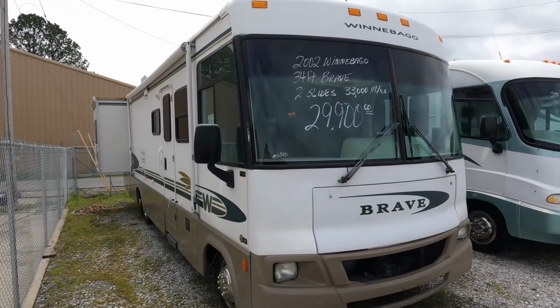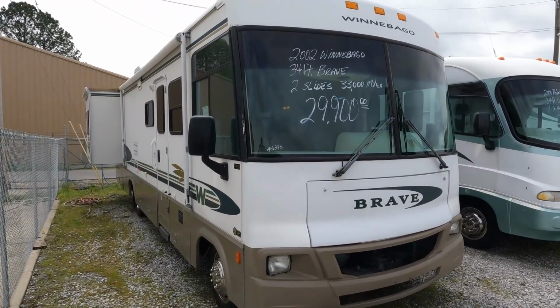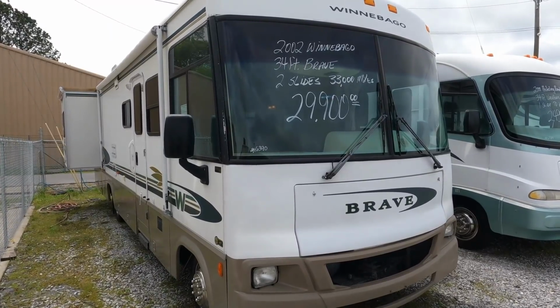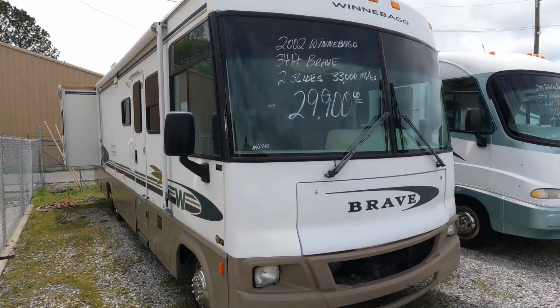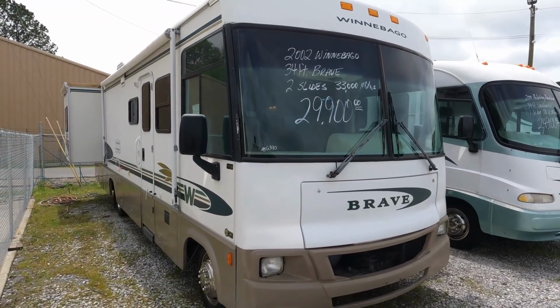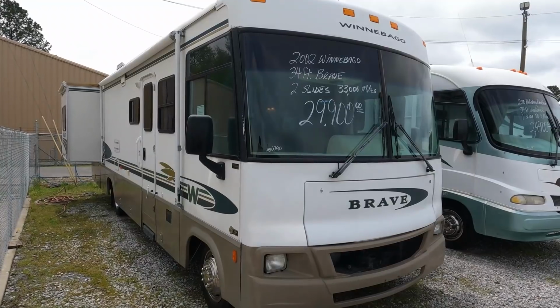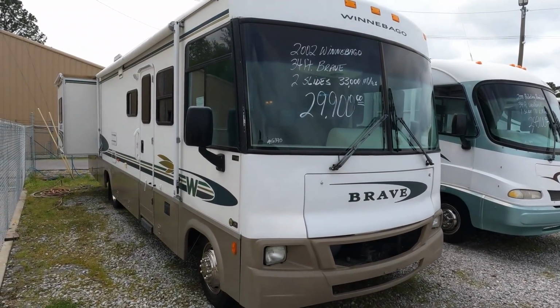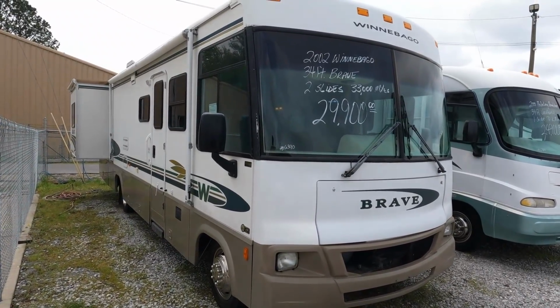Got another nice, affordable Class A we're going to review today. This is a 2002 Winnebago Brave. Model is a 32V, so it's actually one of the smaller ones they make. Total length is 32 feet, 11 inches. It has 2 slide outs, a little over 33,000 miles, Workhorse chassis, and a really nice, well-built motorhome for the